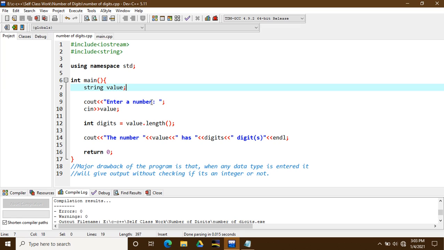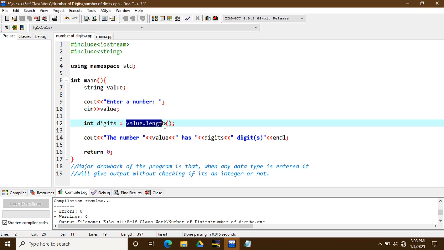It doesn't matter what I write here, but that's what I'm just going to say for the convenience of allowing the user to enter only numbers. And then I'm going to accept that particular value and read in the value. And then here is where the tricky part comes, or the very important part of the program: I'm creating a variable of integer type, which is going to hold the number of digits